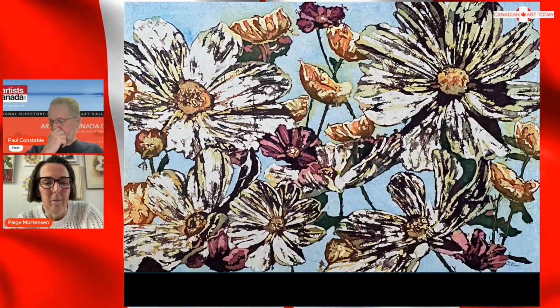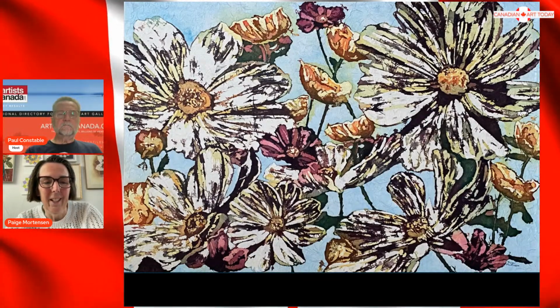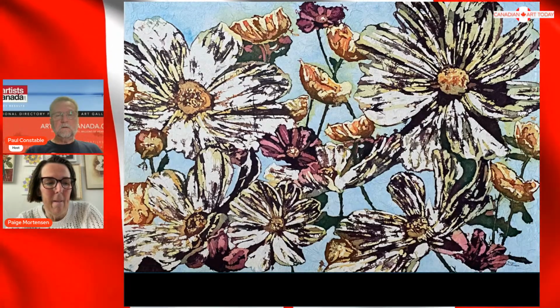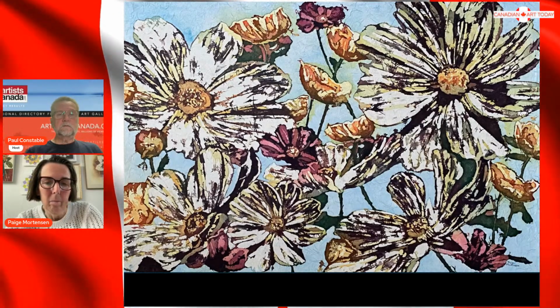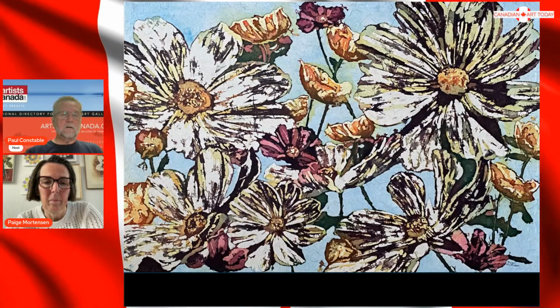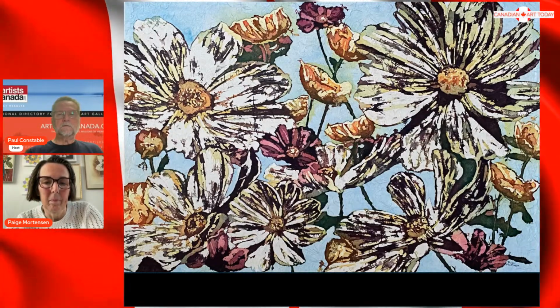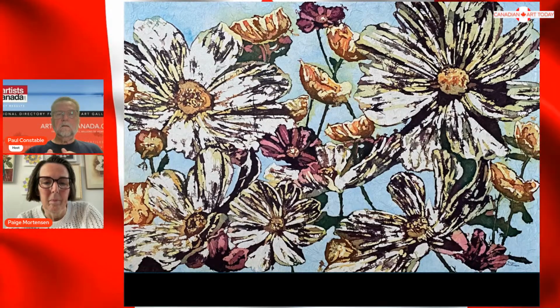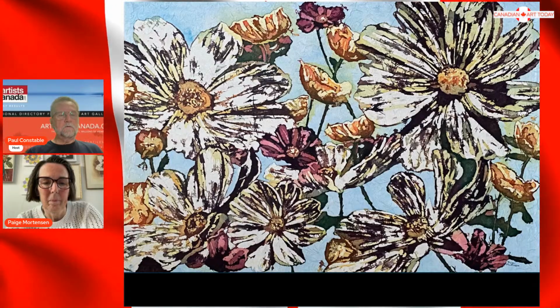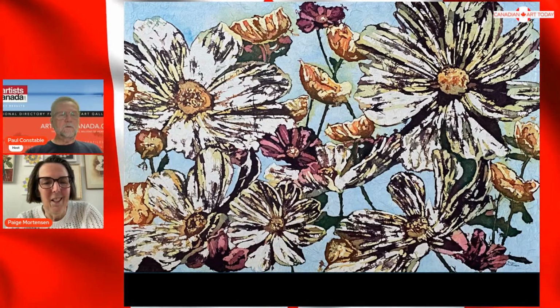I guess maybe that's what we look at. There we go. So here's a switch. Well, yeah, but like we said, we had an earlier flower piece. This is a lot of wax put up front on this one. You can see the lights, the whites, retained. But yeah, so like you said, here's a switch. You said it's important to you to bounce back and forth. It is. There's just